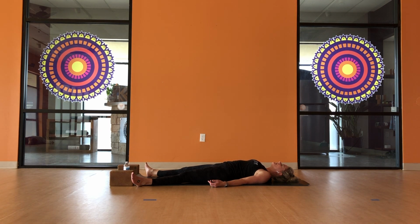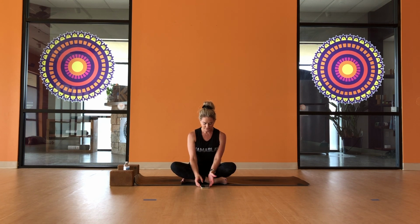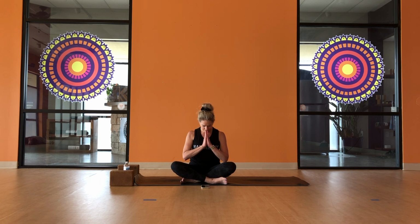Finding stillness for a few moments. Just letting all the muscles relax and release. And staying here for as long as you'd like. Or coming up to a seat when you're ready. Maybe bringing your knees to your chest and then rolling over to a side. Using your arm as a pillow and